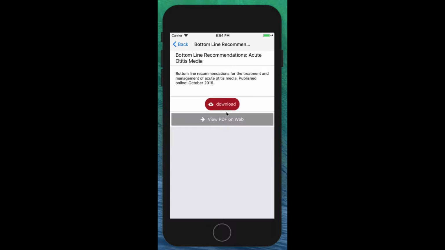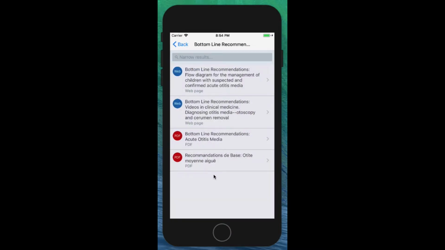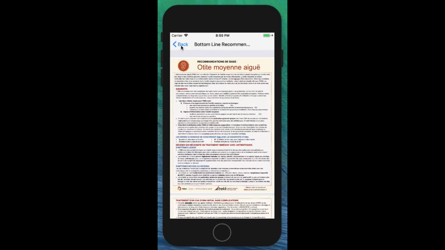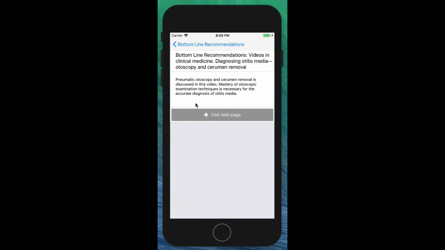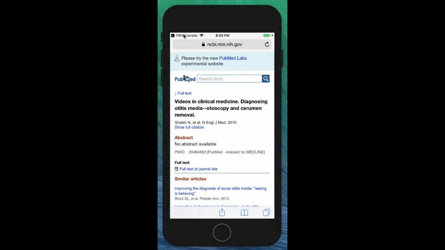But one of the things the TREKK team wanted was the ability, once we had linked to an external PDF, to be able to download it. And so we allow for that kind of functionality. If it's something that is a PDF, you can download it. If it's something like a web page, of course, you can't download it. You just go to the web page and pull up the information